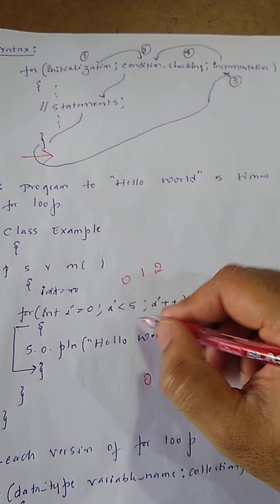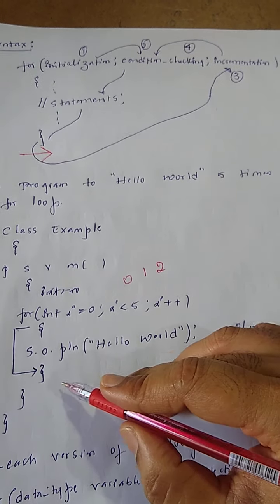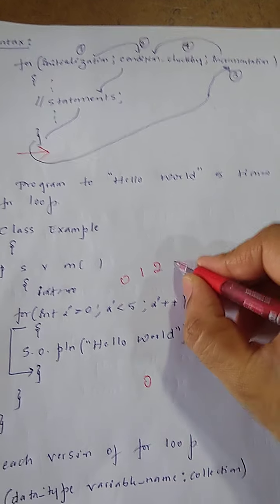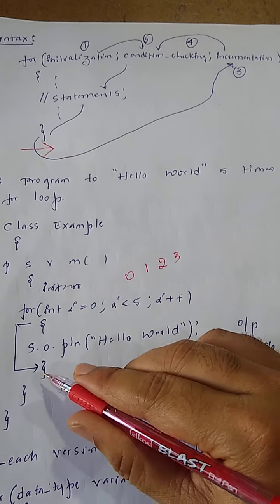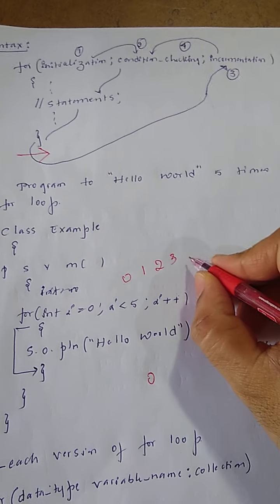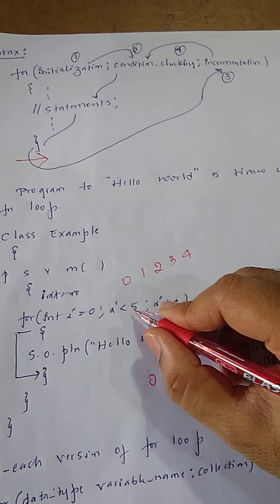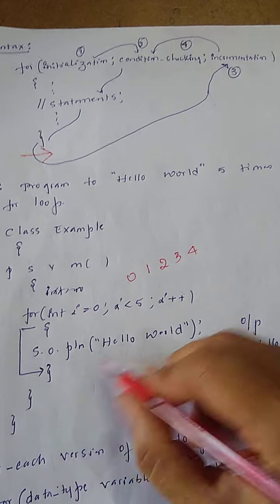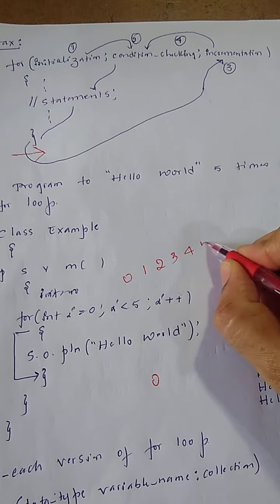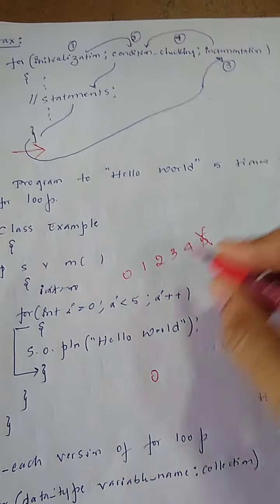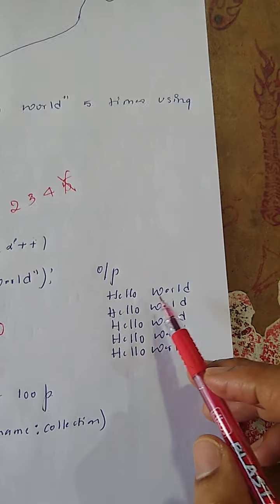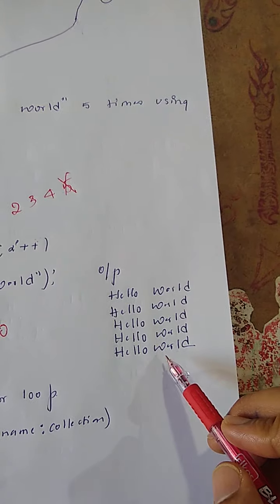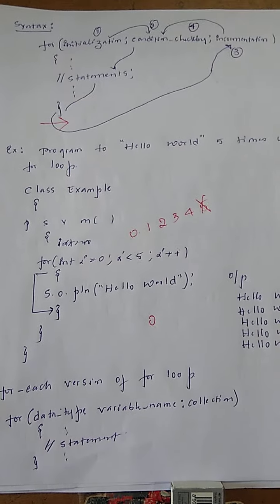At the closing bracket, i will be incremented and will become 2. Whether 2 is less than 5: true, "allow word" will be printed. At the closing bracket, again it will come to the incrementation part. i becomes 3, 3 is less than 5, true, "allow word" will be printed. Then i becomes 4, 4 is less than 5, true, "allow word" will be printed, and i is incremented to 5. Is 5 less than 5? The condition is false. Now how many times will it print "allow word"? 1, 2, 3, 4, 5. So you'll get the output "allow word" 5 times. Just copy that program along with the output.